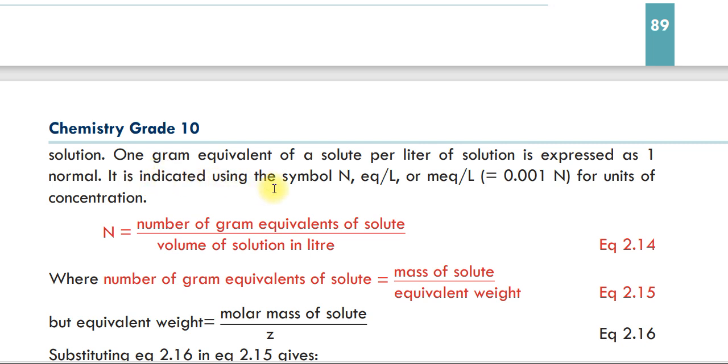It is indicated using the symbol capital N, EQ over liter or MEQ over liter ተብሎ ኤክስፕረስ ይደረጋል።